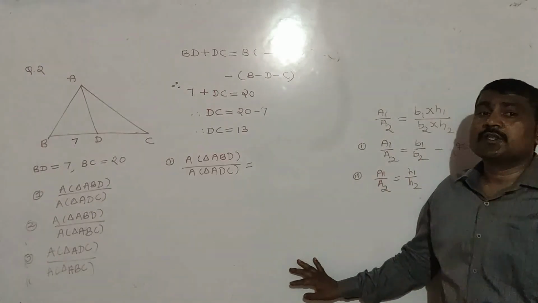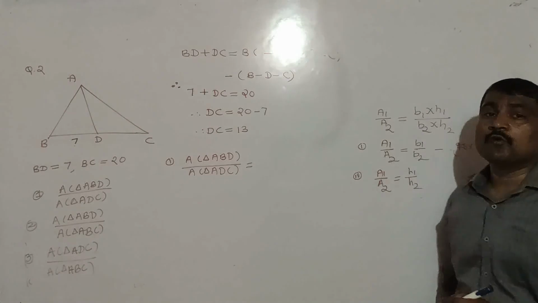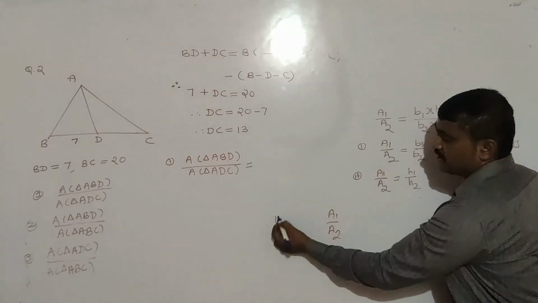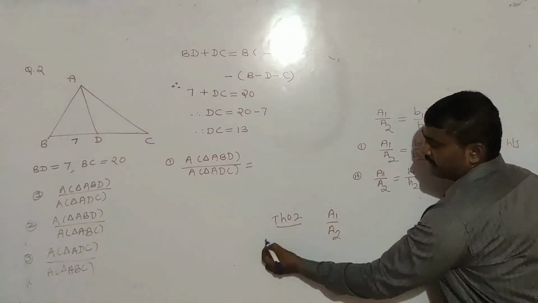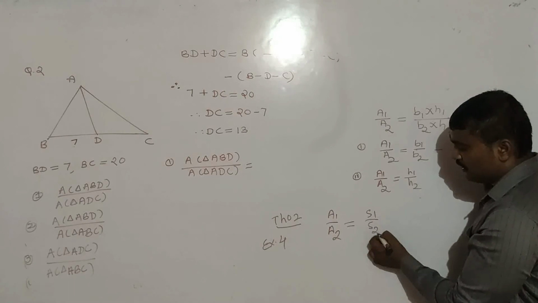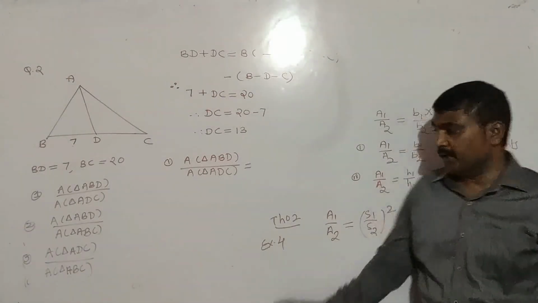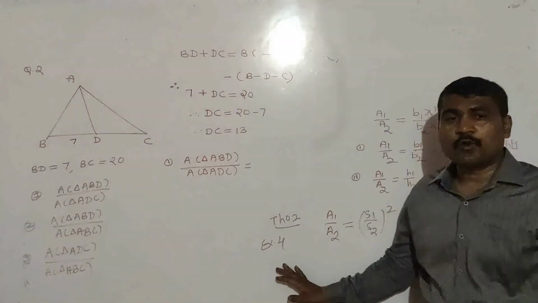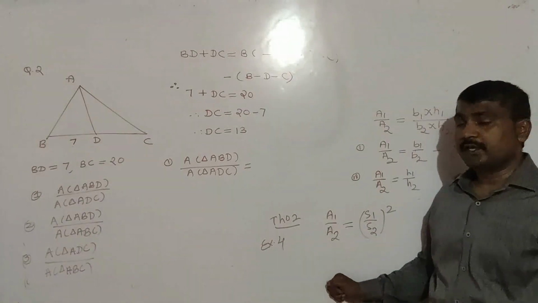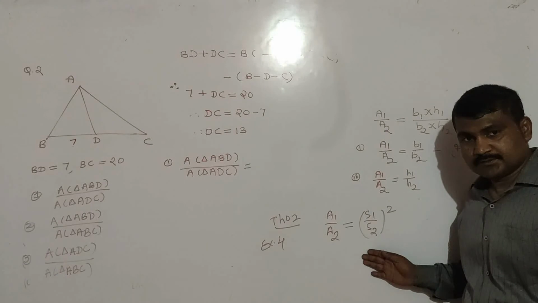And we have seen theorem number 2. That means we have completed exercise number 4, where we have seen the formula A1 upon A2. This is theorem number 2. Exercise number 4. The formula was A1 upon A2 is equal to (H1 upon H2) whole square. यहाँ पे at the time of problem solving there may be some mistake. यहाँ पे कुछ तो mistake हो सकती है. Some students may solve the problem like this.